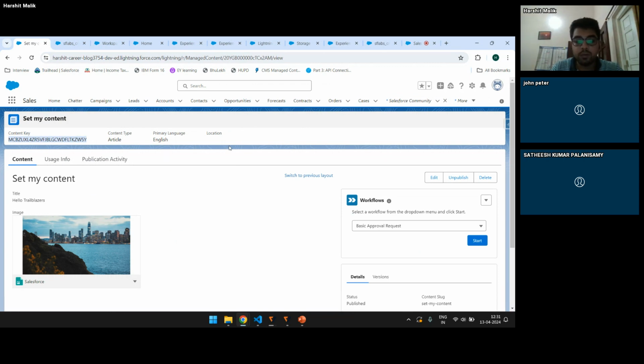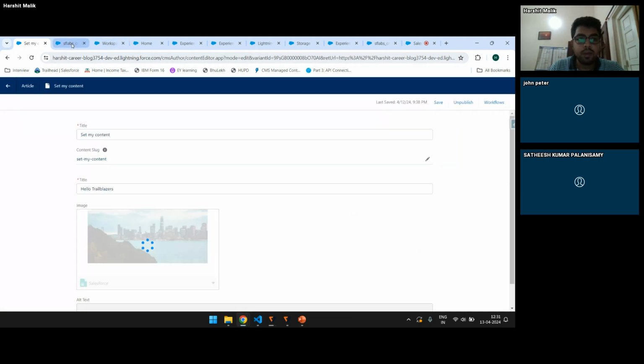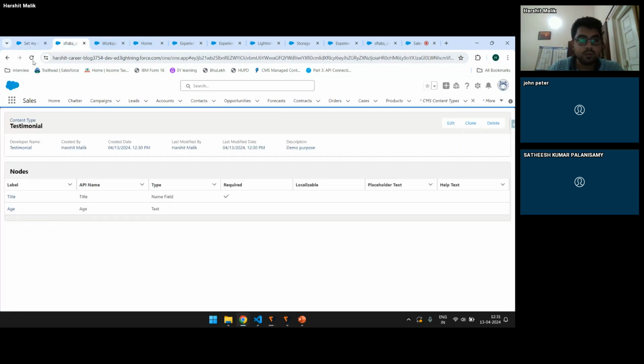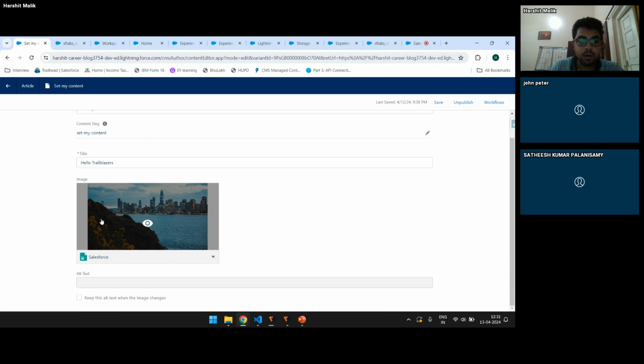You want to hit a CMS delivery API, and you have to make sure that you give this key in order to fetch all the content, that is your image, your title, your button label, everything you mentioned in the article type, like title, URL, and everything. Okay,